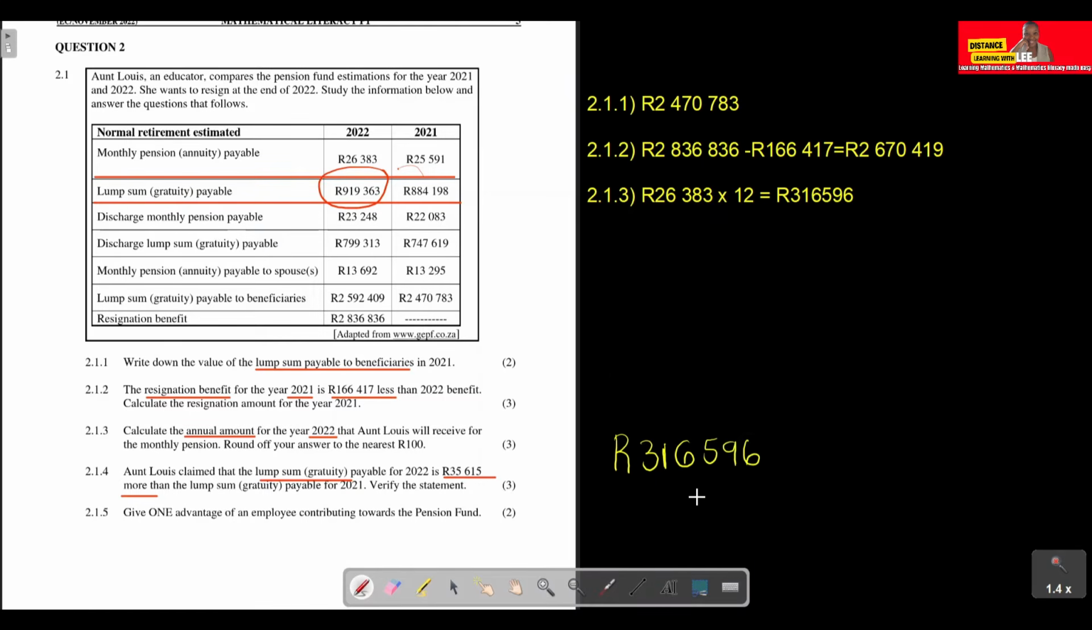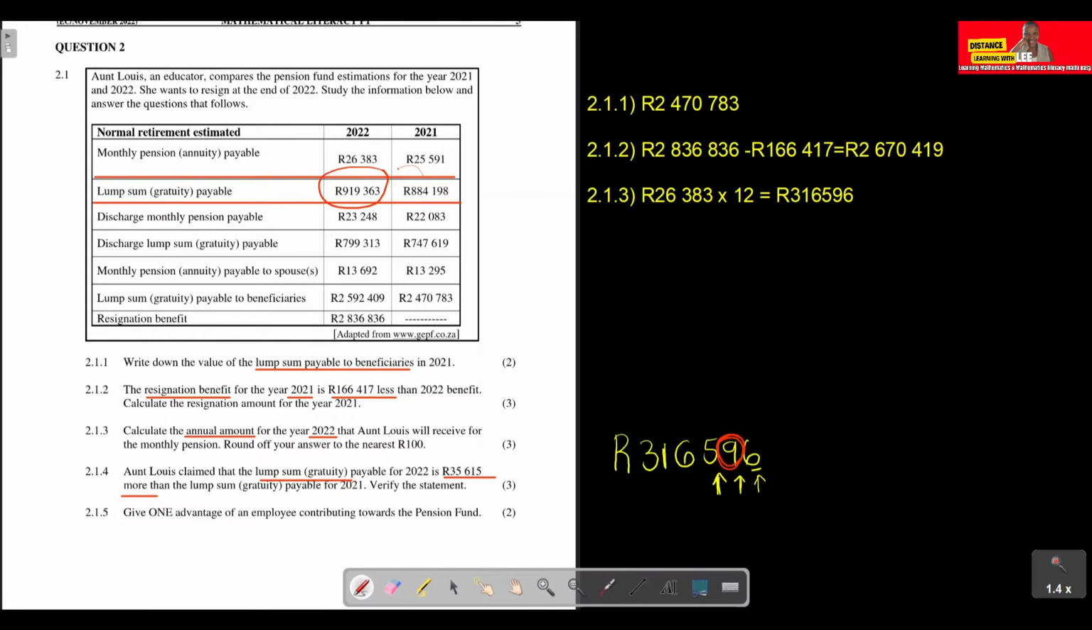This is 316,596. Okay, we already know that this digit represents the units or the ones, this is the tens, and this is the hundreds, right? So we need to focus on the digit. If you want to round off to the nearest 100, we need to focus on the digit that comes before the hundreds, right? So it is the 9, okay? And this 9 is going to tell us whether we need to round up or round down,